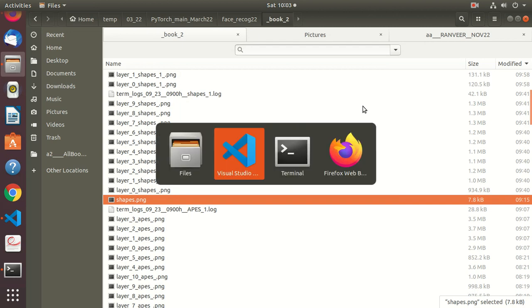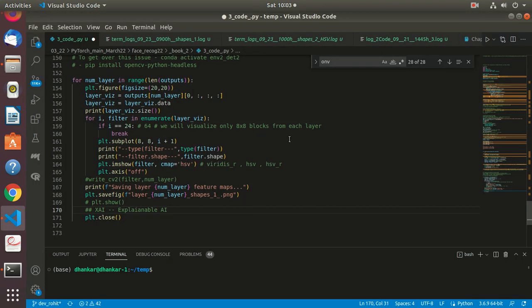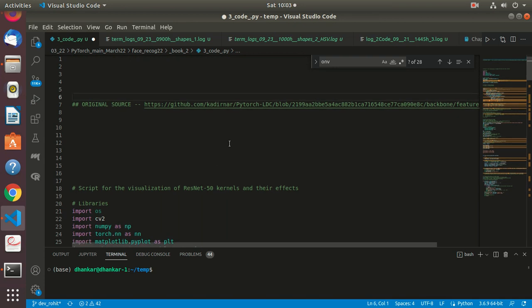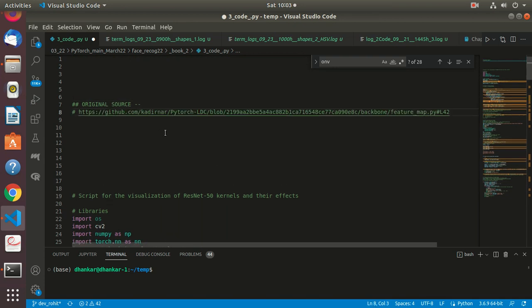So this bit of code, if you were to just put this one line with 64 over here, not 24, if you just put this one line search into your Git, you will get at least 10, 15 different versions of this code in many repositories. So even though I've said original source, I don't know who this is, and I have not even actually seen very clearly what this is. But this is not the only source. There's a whole lot of